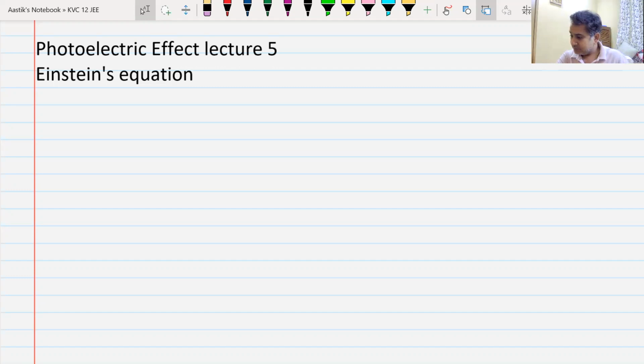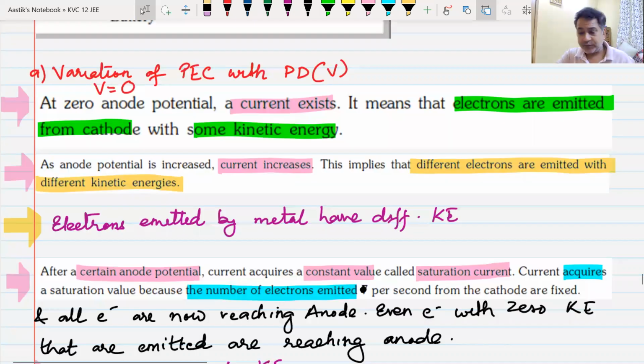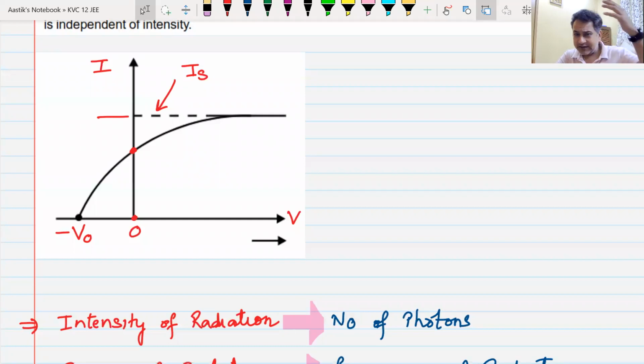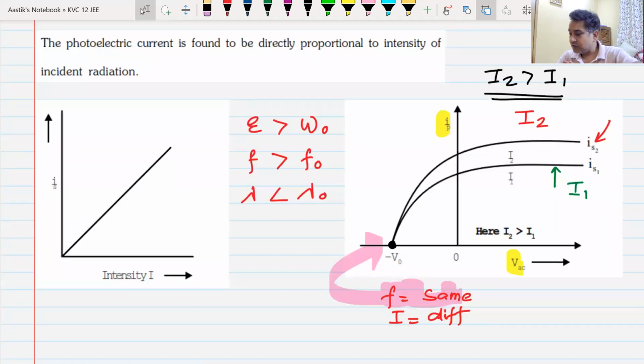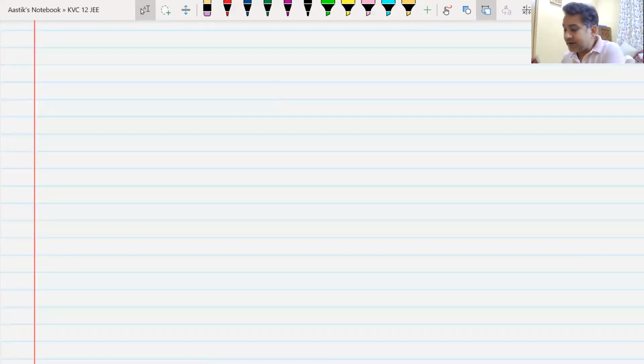We had seen how the photoelectric current varies with potential difference. We had seen how it varies with the intensity, if you make intensity less or if you make intensity more. We had also seen the effect of frequency on photoelectric current. Now what we'll do today, we'll write all those points together at one place so that if you have to revise them, you can revise them quickly, and then we can move on to the next part